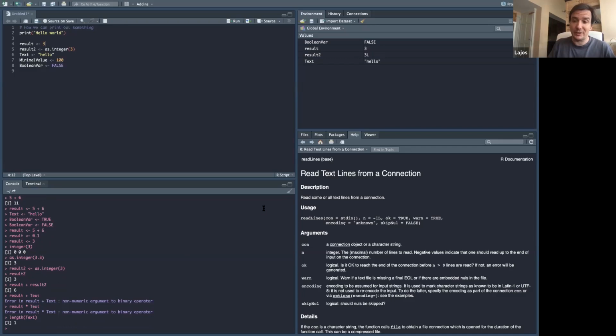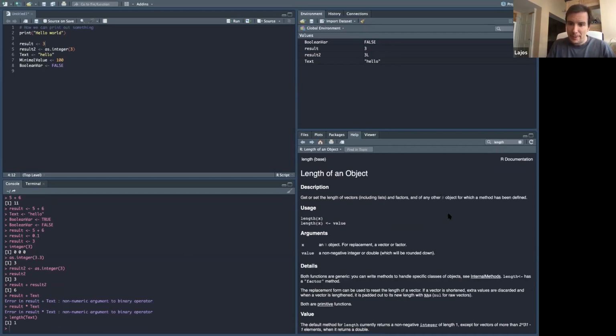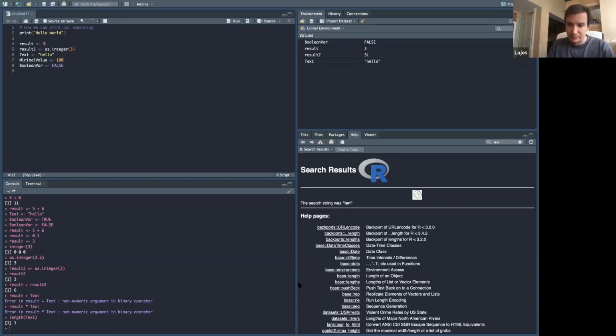Okay, length is for a different purpose in R. It's for giving us the number of values in a vector. I think, yeah, it's not for string. Okay, I will find out later. But I'm sure there is a string length command somewhere in R as well. But anyway, these are the